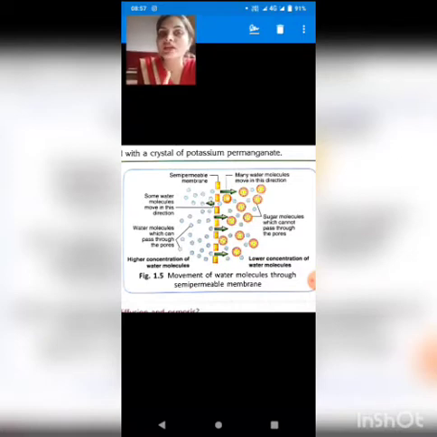So diffusion and osmosis, these two are the processes by which we are able to see the movement of water from soil to root, meaning the absorption of water by the root or root hairs. The cell membrane of root hairs acts as a semi-permeable membrane. So in this process, which membrane is known as the semi-permeable membrane? The cell membrane of root hair. Okay. Now